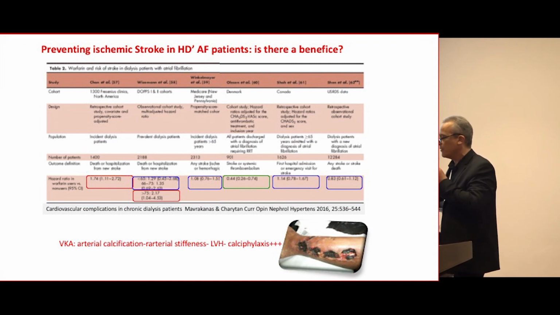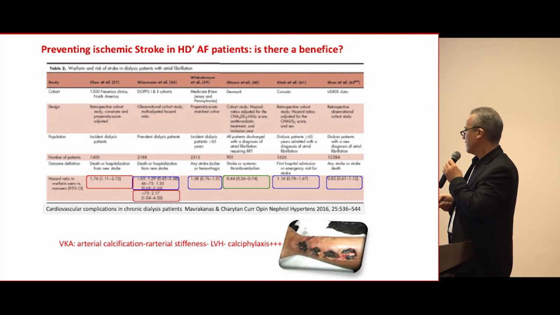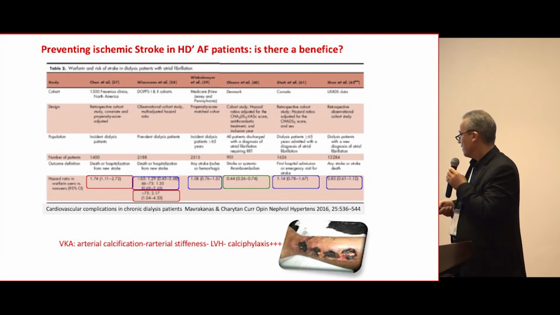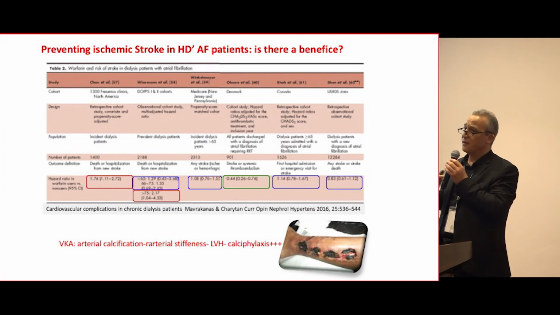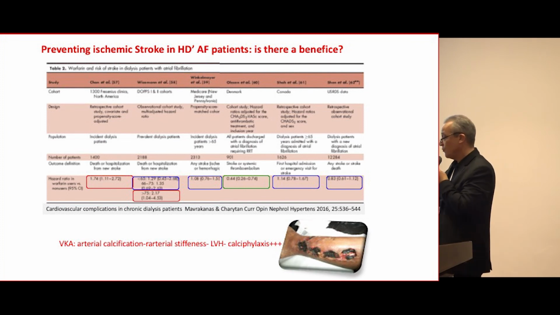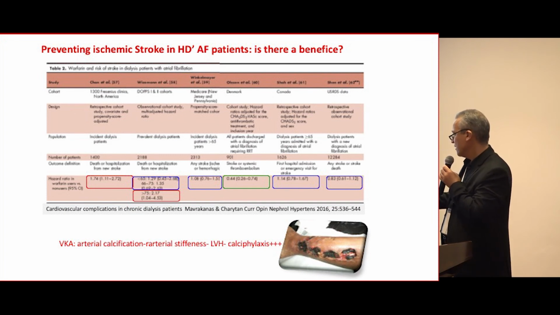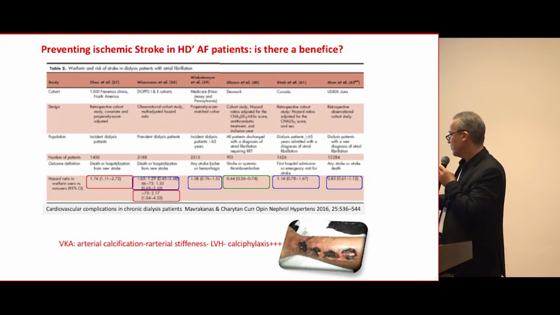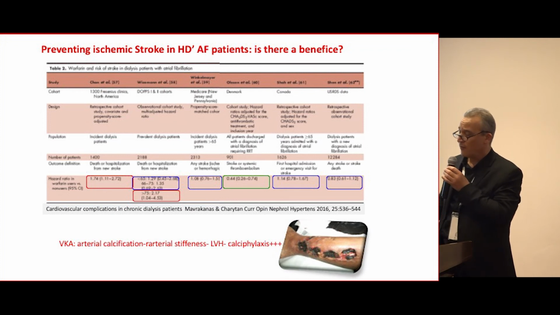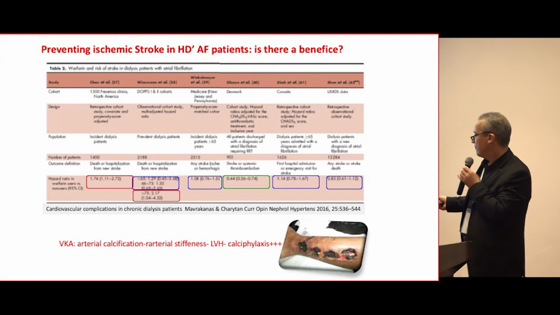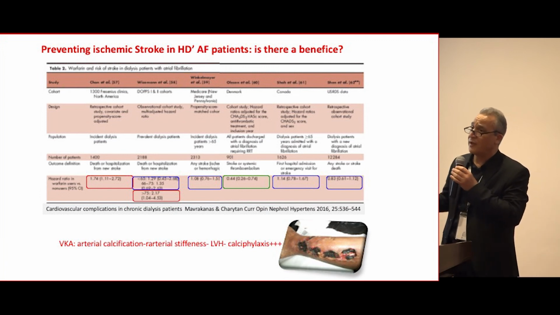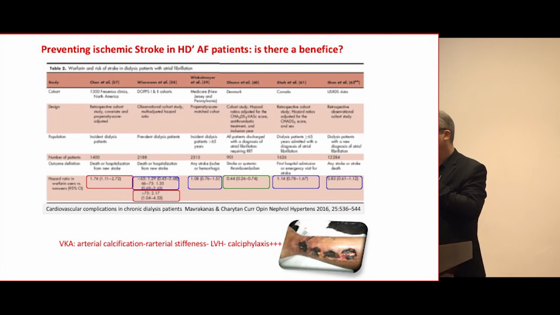I'm not a cardiologist, but cardiologists usually ask us to use antivitamin K. However, you have to remember that antivitamin K has many problems, more than the problem of bleeding. The first cause of mortality in our dialysis center is bleeding, due especially to antivitamin K. Arterial calcification is also induced by vitamin K antagonists, as are arterial stiffness, left ventricular hypertrophy, and especially calciphylaxis. In the last 2 years I saw 3 cases of calciphylaxis, and all 3 were on antivitamin K.